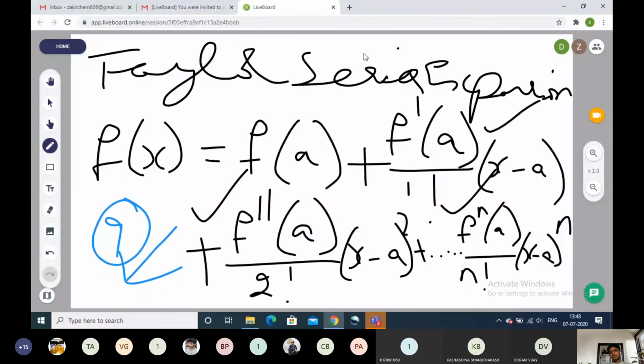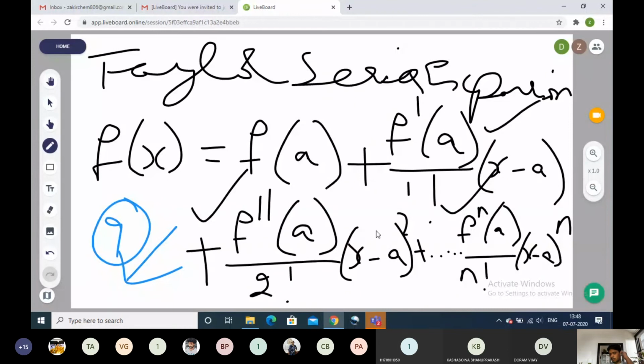The Taylor series expansion is saying that in order to convert the complex variable, which is defined as f of x, we have to apply a function at a simplified value and the summation of its derivatives. f of x is a complex variable which is defined in terms of f of x, so we have to write it in terms of f of a, which is a simple variable, plus its first order derivative into x minus a.